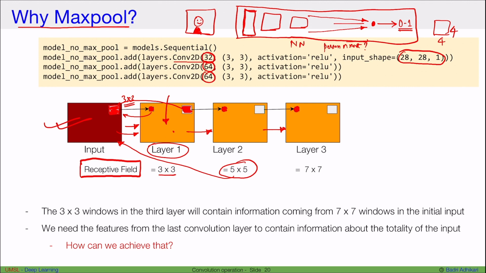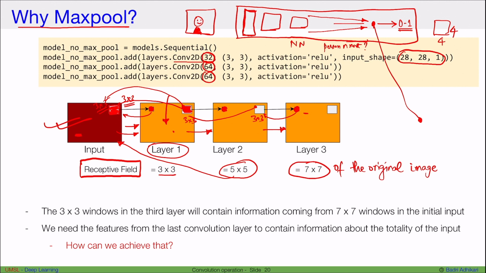Similarly, in the third layer, since we are all using 3 by 3, it sees a 3 by 3 of the previous input, but each pixel there sees a 3 by 3 of its previous input, and once again each pixel sees a 3 by 3 of the original input. So effectively, the pixels in the last layer actually see 7 by 7 of the original image. Now, obviously, the more the final pixels can see, in other words, the more this neuron at the end can see the big picture,